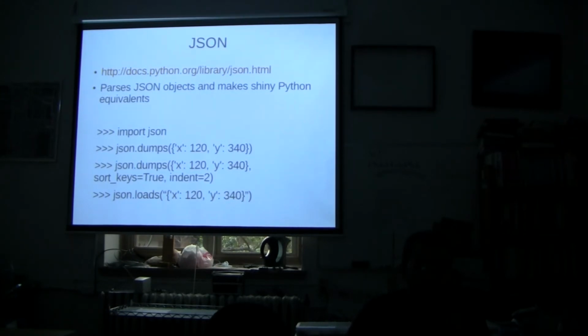You hand it a string that contains JSON in it, which is basically JavaScript object stuff, and it will spit out to you in a Python dictionary form the stuff that was contained within that string. It'll also print things very pretty for you, which is awesome. If you do a JSON dump with sort keys true and indent 2, it's going to tab indent everything properly, and it's going to make sure that all the keys are sorted in alphabetical order, which is super nice.